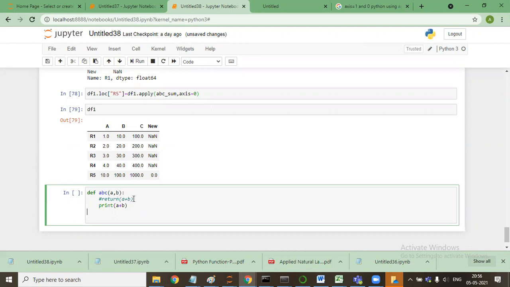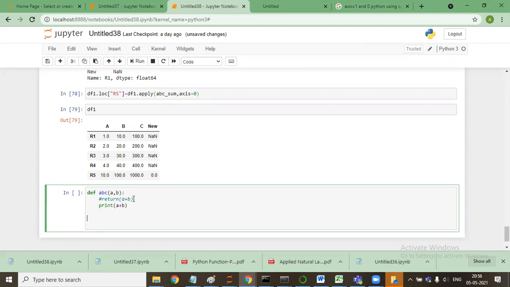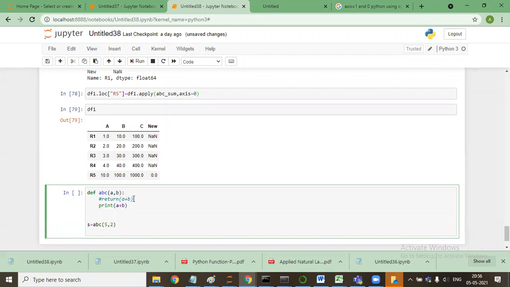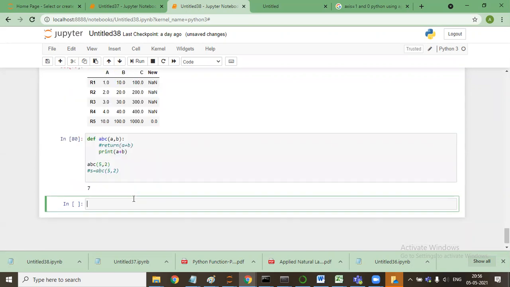Now what I'll do, I'll say S is equal to ABC(5, 2). And the second is ABC(5, 2). I'll make this a comment. So I'm using print and calling the function. I press shift enter, and it will say 7.